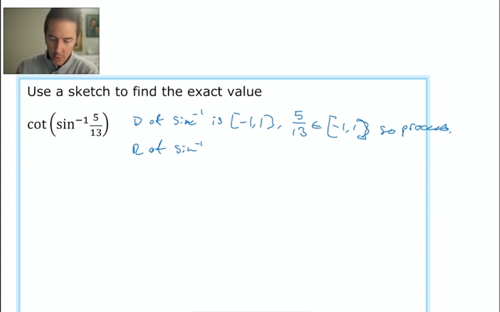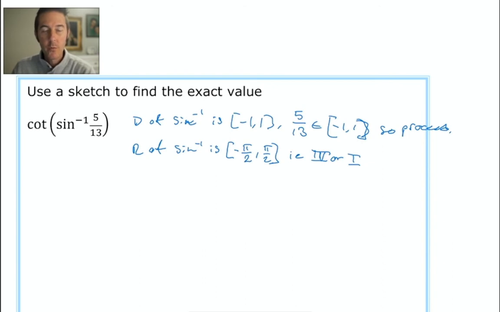So the range of the inverse sine function is the interval that goes from -pi/2 to pi/2. In other words, quadrant 4 or quadrant 1. So we're going to be drawing a diagram in quadrant 1 or quadrant 4